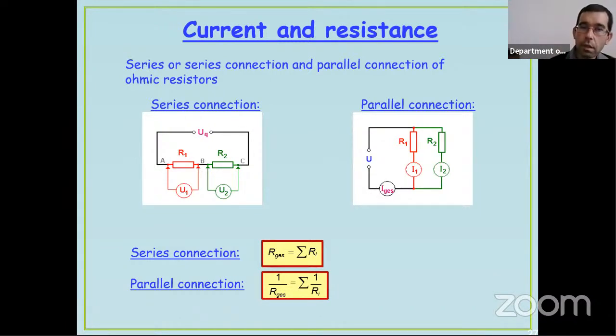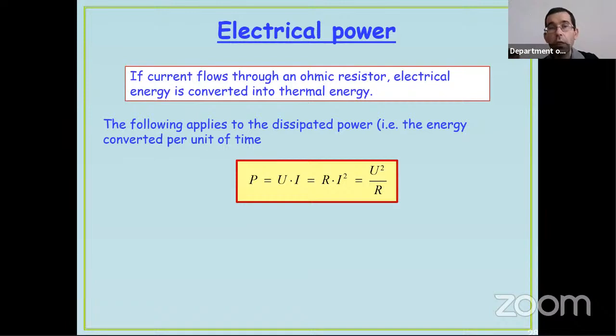And here is discussed the connection of resistors. Similarly, as in case of the capacitors, we can connect resistors both in series or parallel. And as I already mentioned here, the rules are just the opposite. In case of series connection, we have to add the resistances in order to get the net resistance. And in case of parallel connection, we have to add the reciprocals of the individual resistances in order to get the reciprocal of the net resistance.